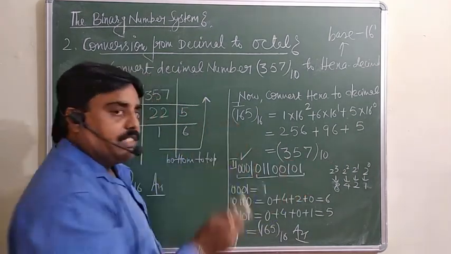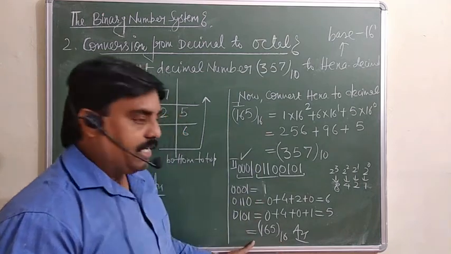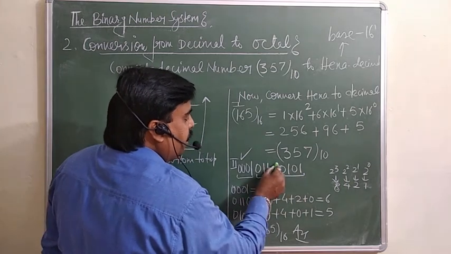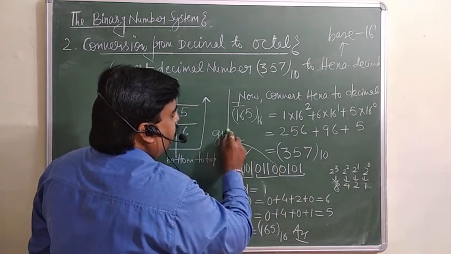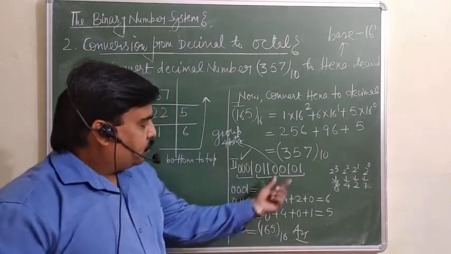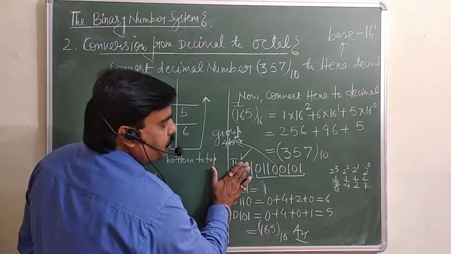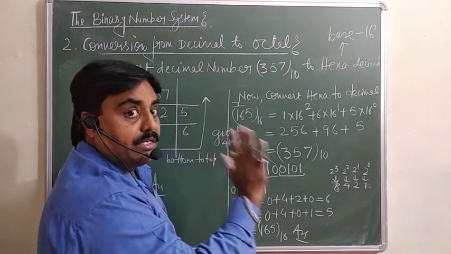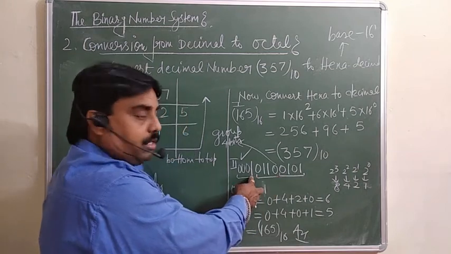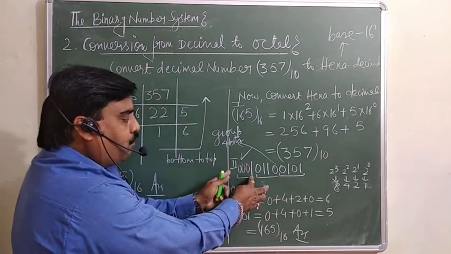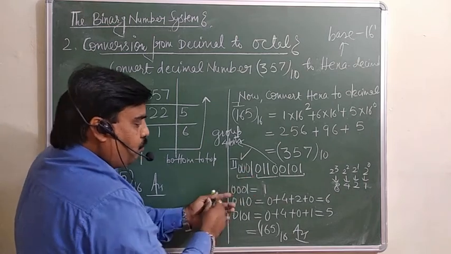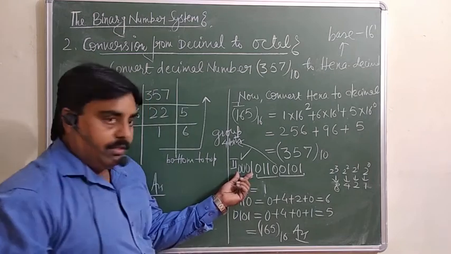Suppose the binary form is given and you want to change it to hexa. See how you can do it. In this case, you are supposed to make groups. In a group, you have to take 4 digits, 4 bits you can say. So here is your actual number, 1011000101. You have to make groups of 4 digits. 4 is here, then 4 is here. This one remains as usual, 1 only. So you have to make it 4. You have to write 3 zeros from your side. इसको ग्रुप बनाने के लिए आप 3 zeros यहाँ पर ऐड कर देंगे.